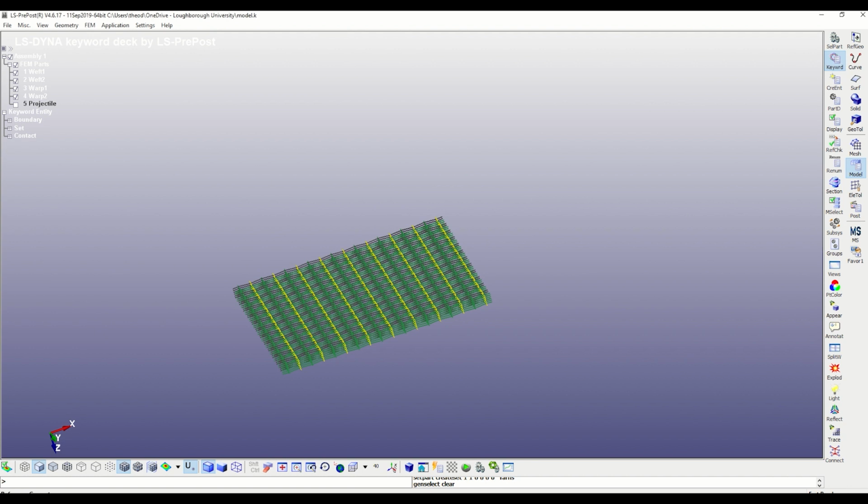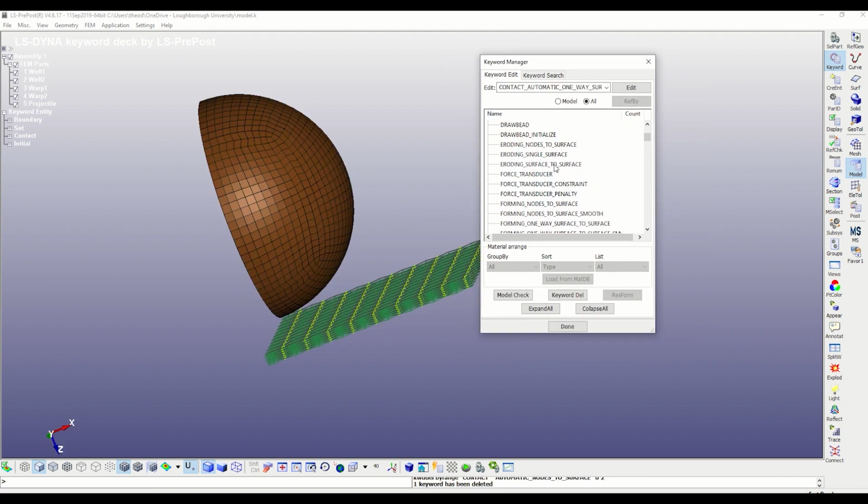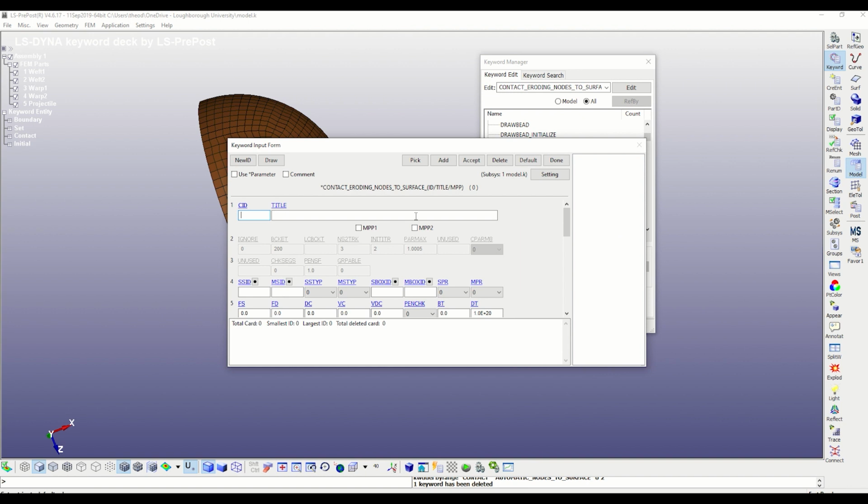The fabric elements are expected to erode and fail. That's why we will define an eroding nodes to surface contact card, where the slave will be the fabric nodes and the master will be the shell elements.